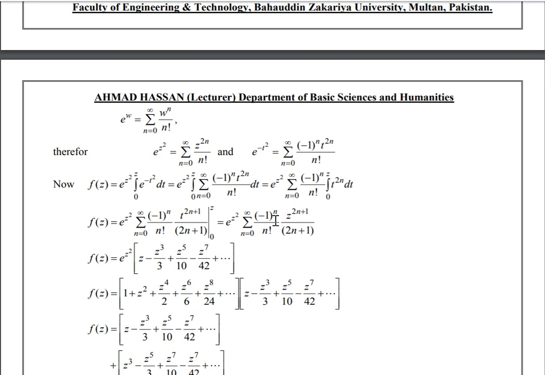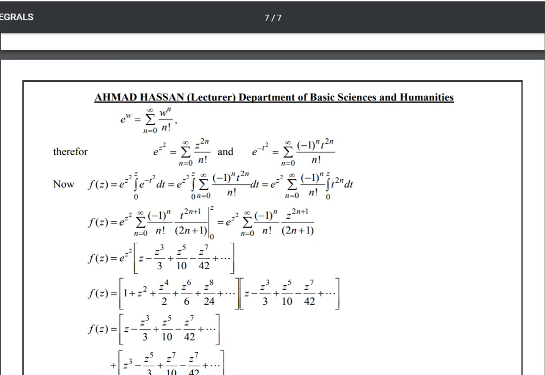Okay, next, also the function e raised to power z square. The e raised to power z square series is this one. Open the terms of the series, with n as 0, 1, 2, 3 and so on. We have this. Okay, use the z square series. Now the product of these two series, how do we find the product of these two series? First, 1 multiplies with each term, we have this term,